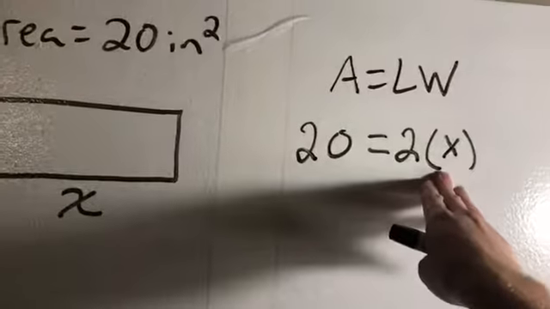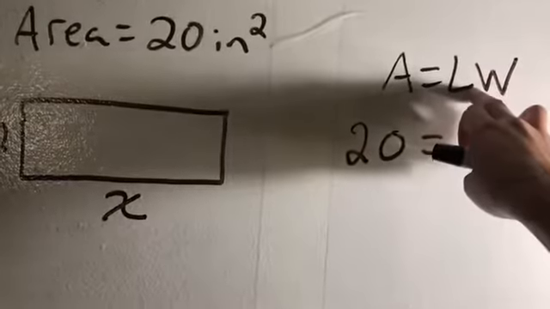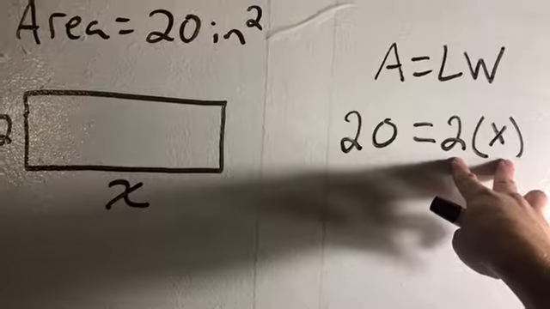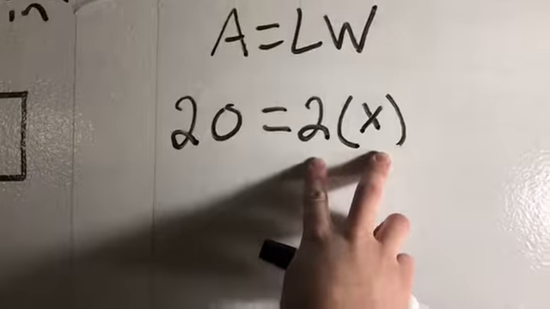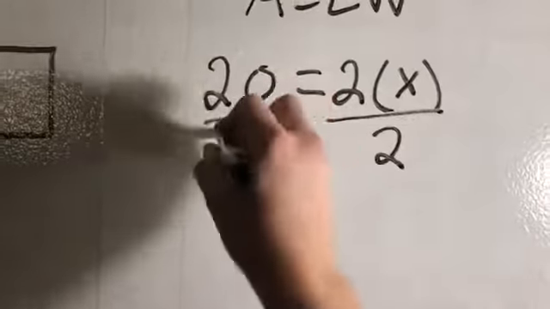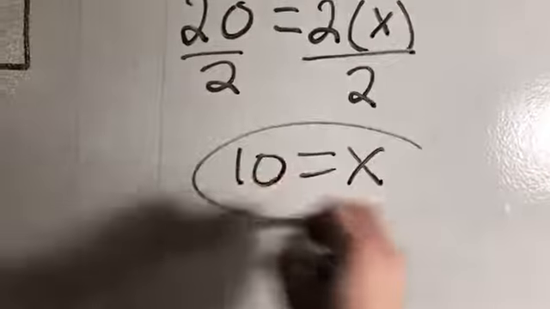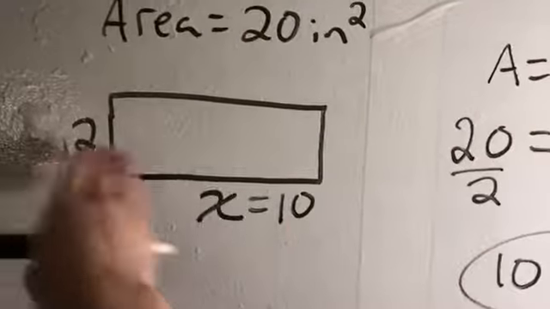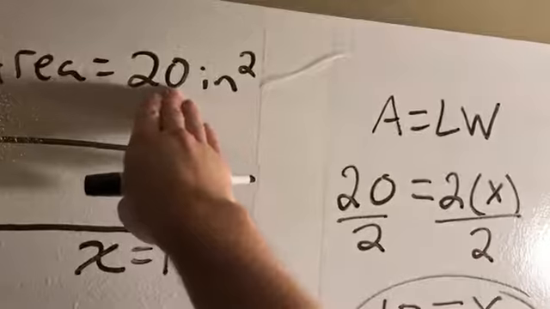Now I use parentheses to make sure this still looked like multiplication. LW, there's nothing in between, that's multiplication. So this setup needed to look that way too. Now, for those of you that have finished equations part 1, 2 times X, the opposite is dividing, and we get that X is equal to 10. And we could sort of check that in our minds. We know that 2 times 10 gives us the 20,